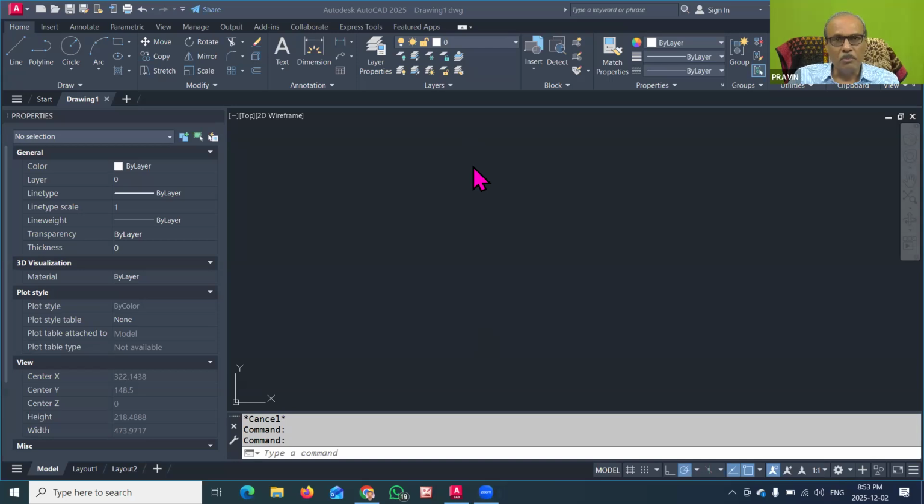Now it is very important that for every drawing that we create, we need to give the dimensions. For that, a few things we have to recall first. The most important thing is that when we give a dimension to any object, the text appears. That text should be properly visible on the drawing, and it should be properly printable also. It should not get dimmed while printing the drawing.